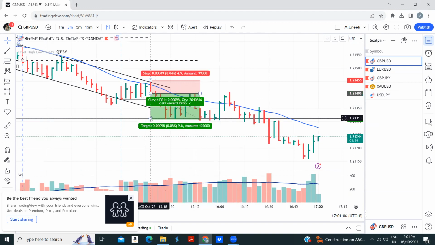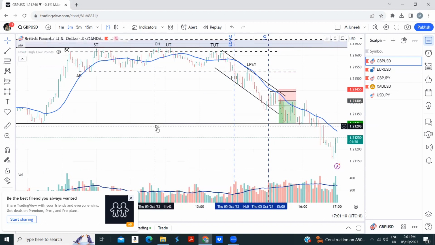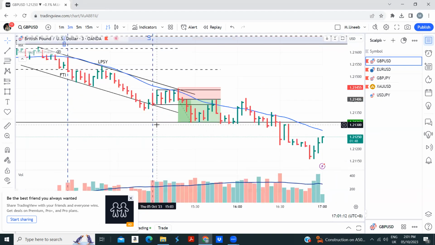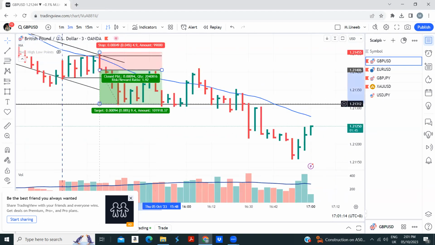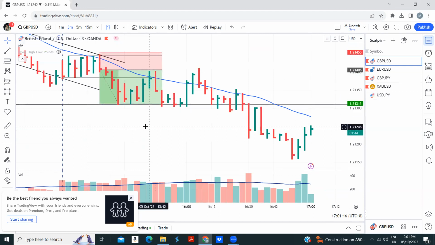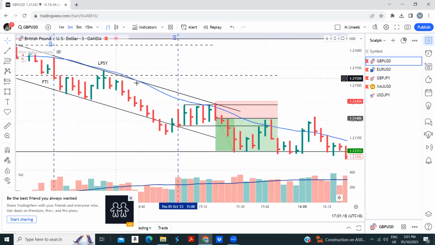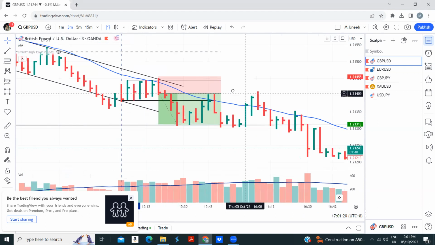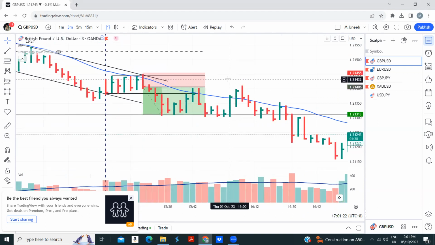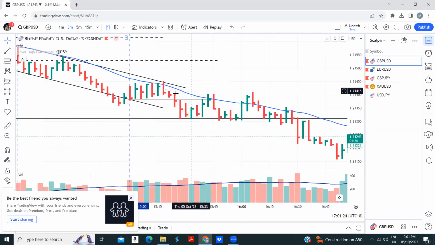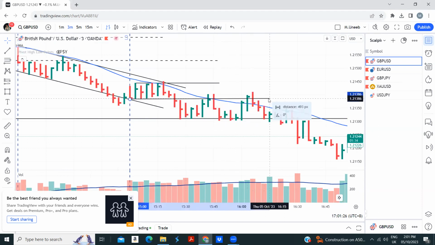Okay, so yeah, we will get less than 2R because here we have this line of OL. So it's better to exit our trades at less than 2R at OL. So that's a 1.9R. Before we got 2R, now we got a 1.9R. Now, as I saw this range here, when I draw this line here, you see that